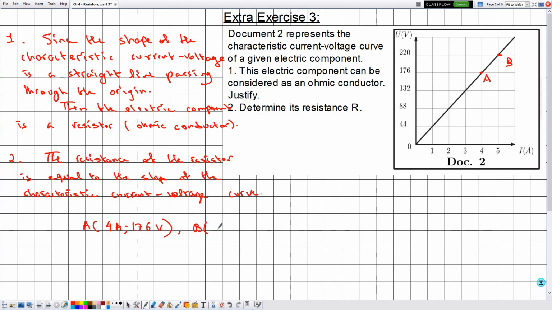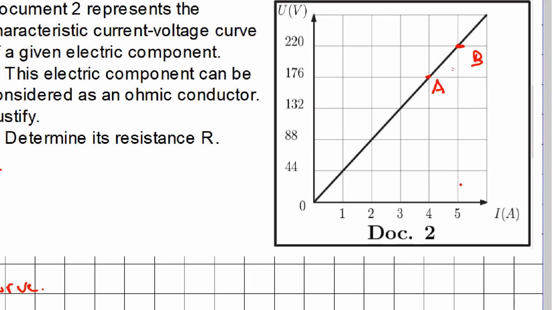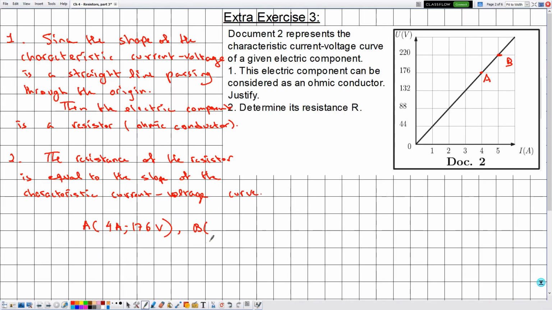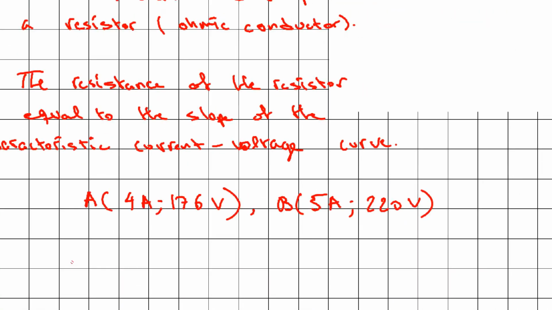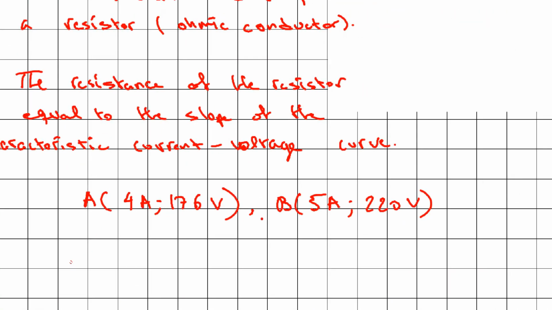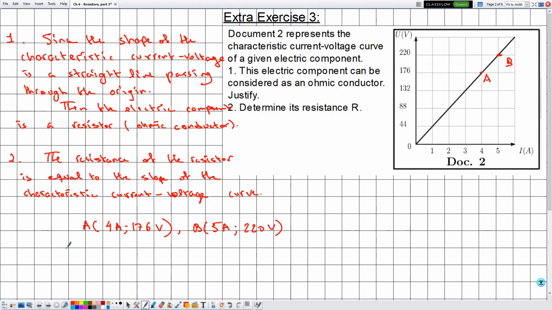As for the point B, it has an electric current given by 5 amperes and electric voltage given by 220 volts. Now step number 3, or the third step, is to make sure that these quantities are given in the SI, so they are already given in the SI. Now let's move to step number 4, which is the final step, and calculating the resistance R, which is given